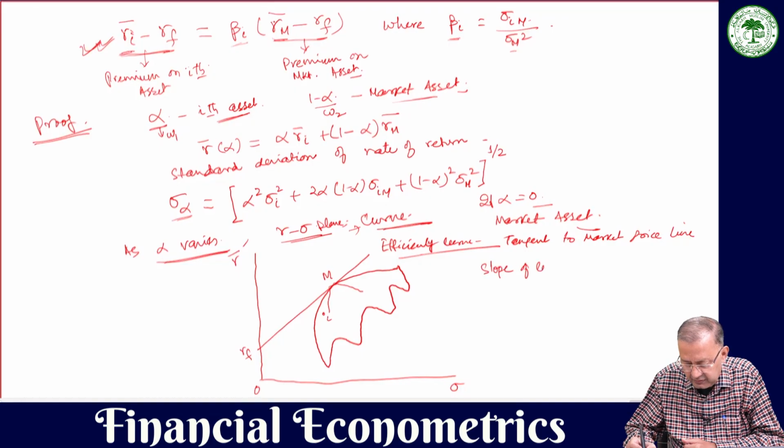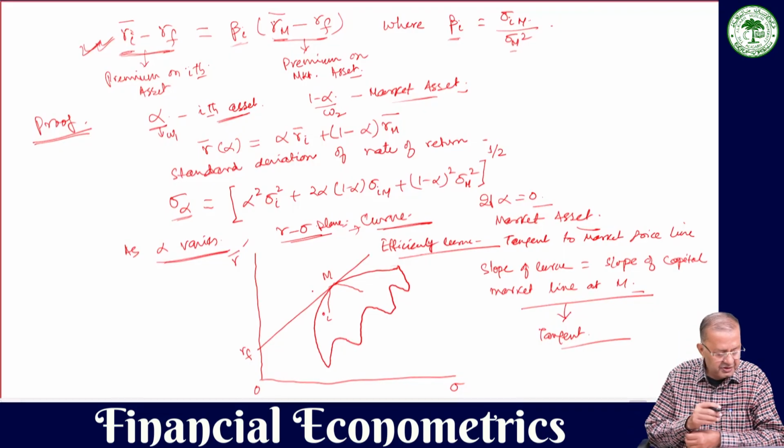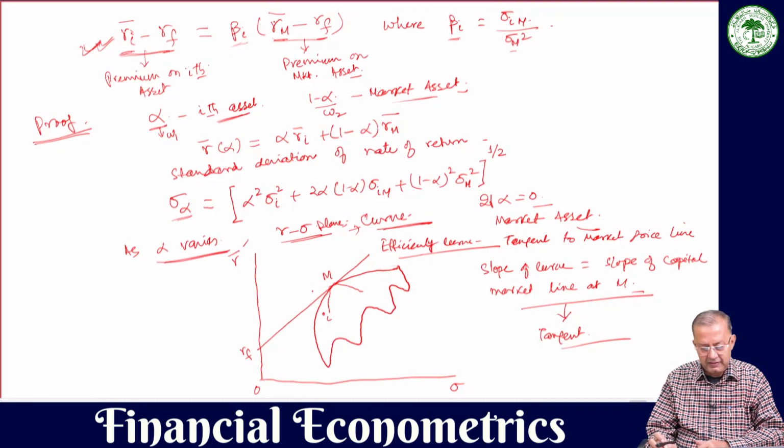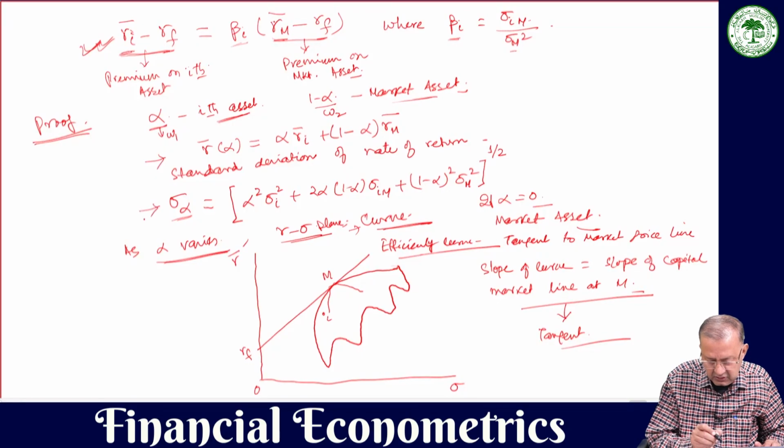slope of curve is equal to slope of capital market line at M. So at M it should be the tangent. The slope of this curve, the efficiency curve, should be equal to the market price line. Clear? Now, with the help of this, we try to find